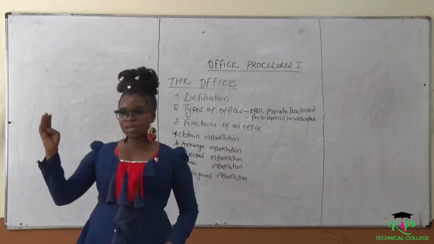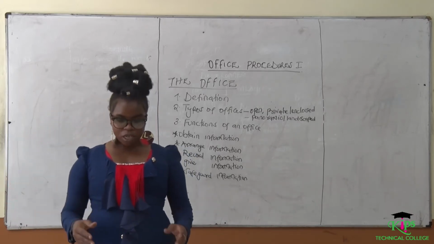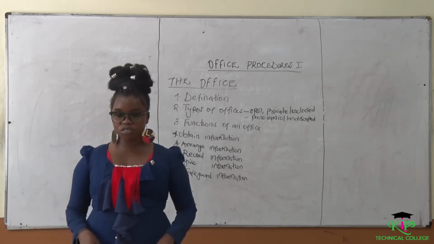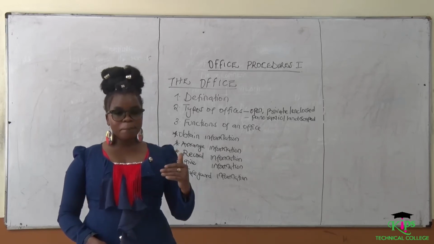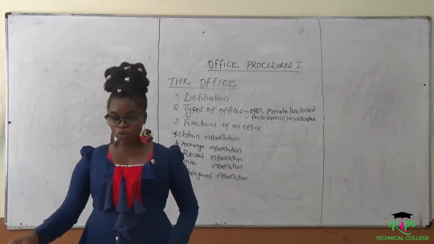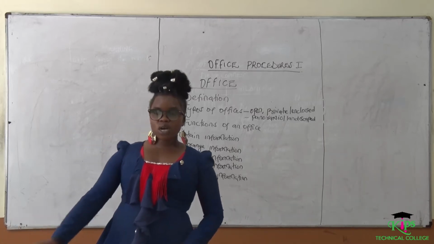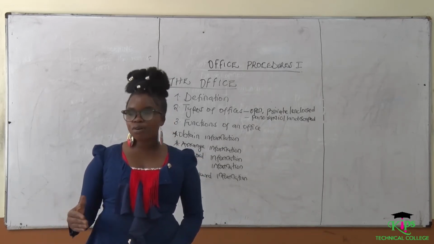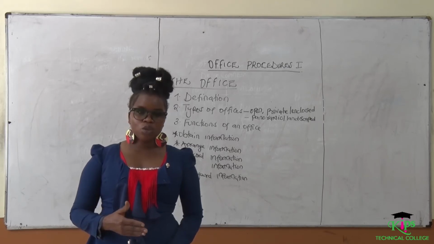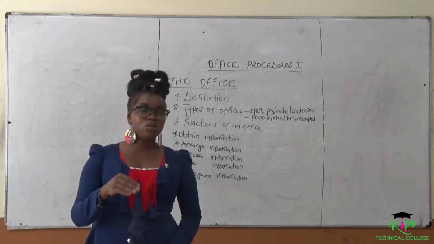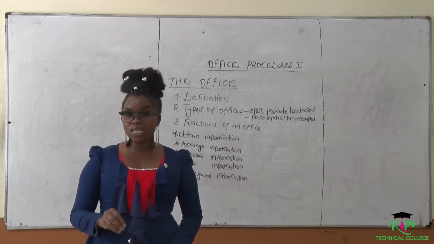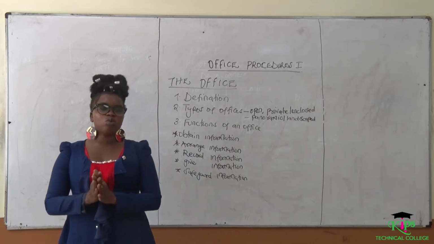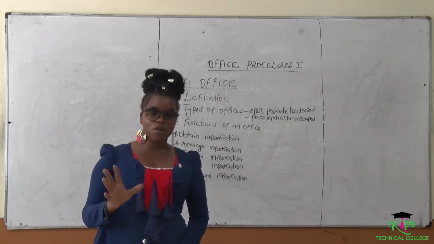By the end of the day, the dictating machine helps a lot, because sometimes, for example, a person comes into an office, you are the secretary, and maybe you are working on something else, and you end up getting the information through word of mouth, and maybe you even forgot to put it down. When the boss or the executive who was to be given that information comes, you keep meandering about what the information was all about. You keep guessing, and that is the moment where you distort that information. In fact, you change the original message to something else. So the dictating machine helps you to acquire the original information from the source.